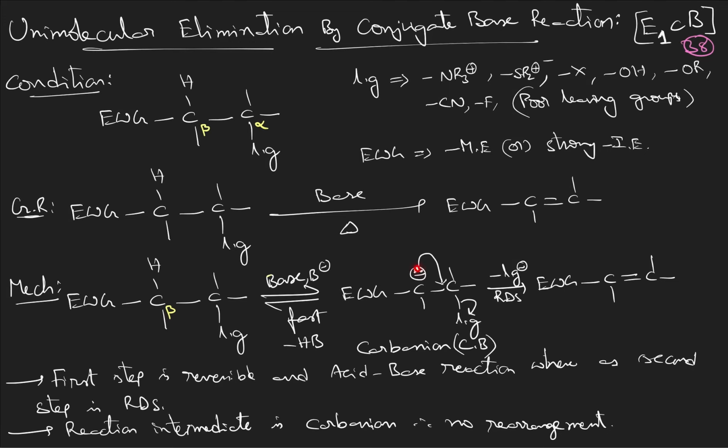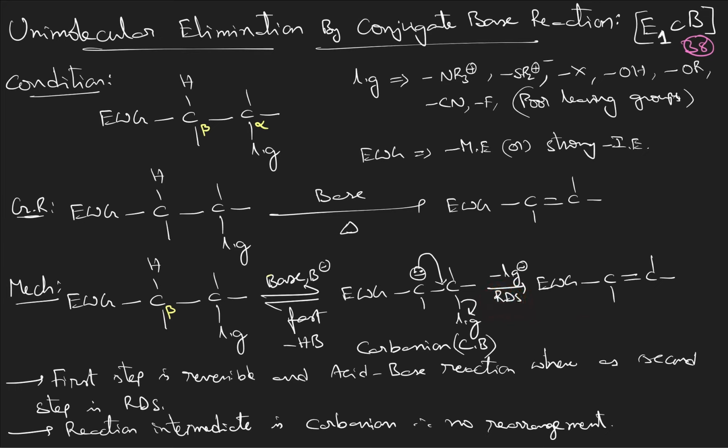Now the carbanion tries to form the double bond, so that this carbon will become more than octet, which is not possible. Therefore it will remove the leaving group. So the leaving group will forcefully have to come out, as the carbanion is trying to form the bond onto the same carbon, and this leaving group is not interested to go out, but still you are forcibly bringing it outside. So that is why this reaction requires a lot of activation energy, therefore it is the RDS step, and finally it forms the alkene product.